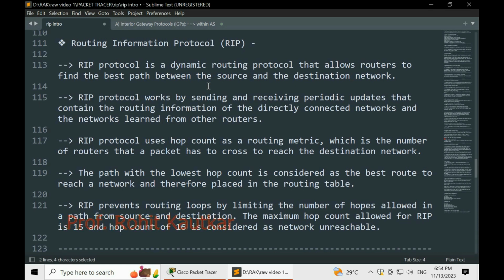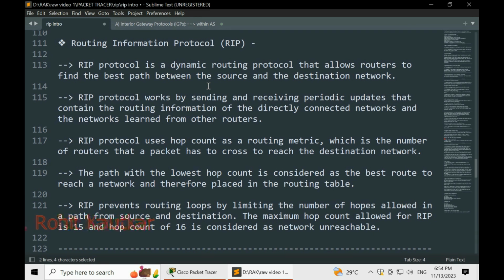Likewise, periodic updates are used by the RIP protocol. Every 30 seconds they share this routing information with their immediate neighbors. There is no concern whether there is any change in the network or not. They keep sharing this routing information every 30 seconds.